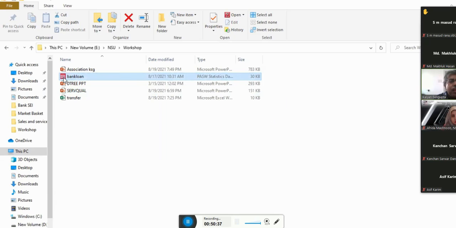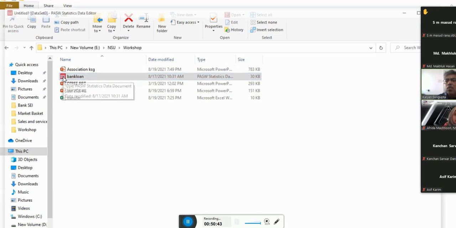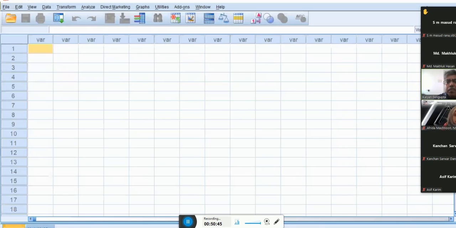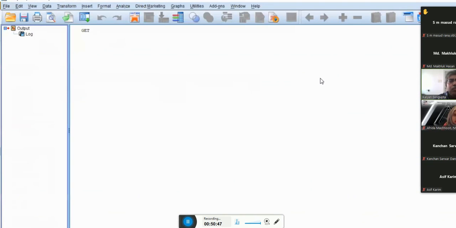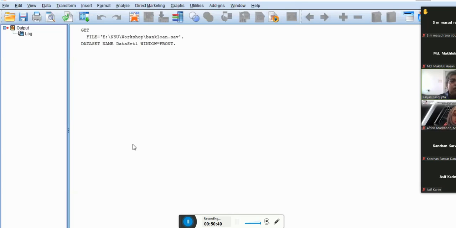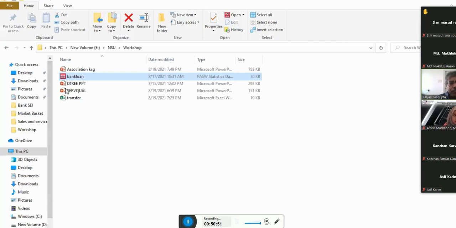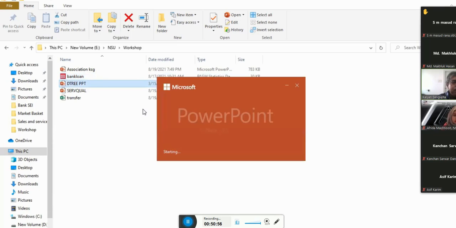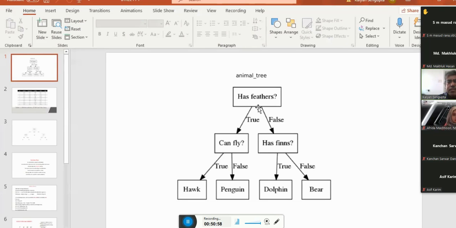What we can do is build a model which is called the decision tree model. Now this decision tree is a machine learning model.